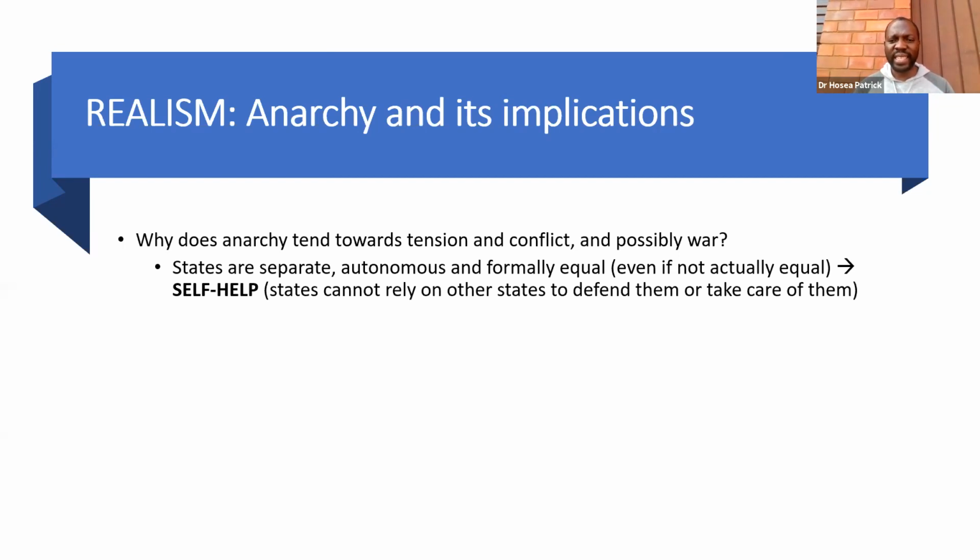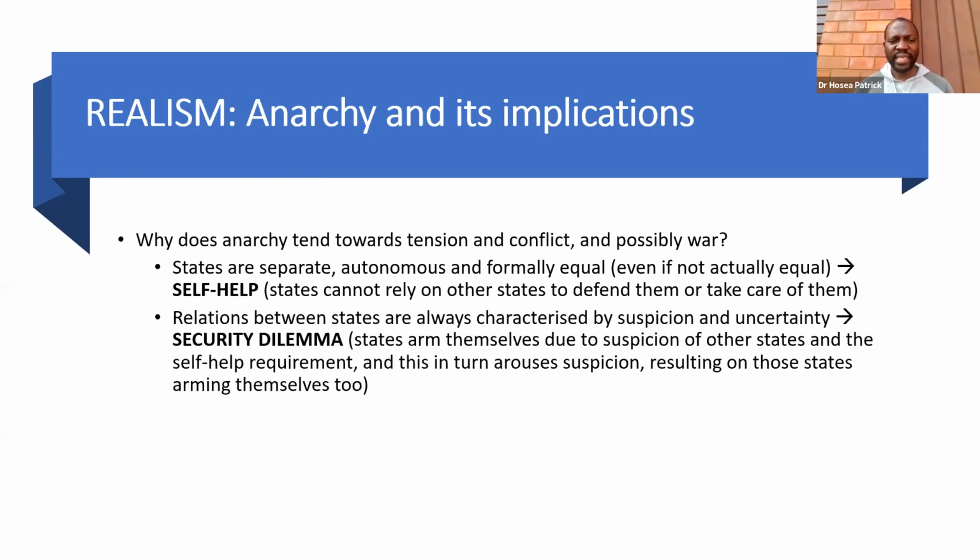States are egocentric in themselves. It is based on self-interest and survival. Secondly, it's also based on what we refer to as the security dilemma. The relationship between states is always characterized by suspicion and uncertainty. What do we imply by that? Because every state will pursue its own interests. We have established the fact that every state is selfish in its own right. So nobody is doing anything for free. Nobody is doing it out of